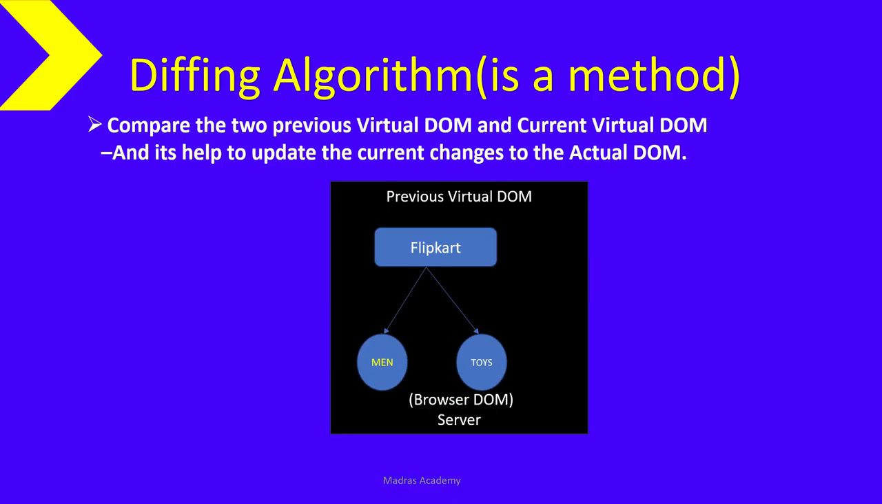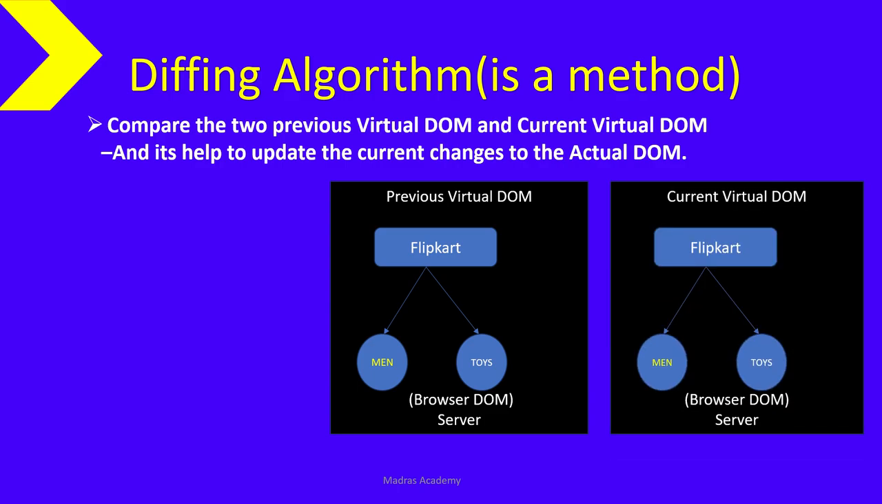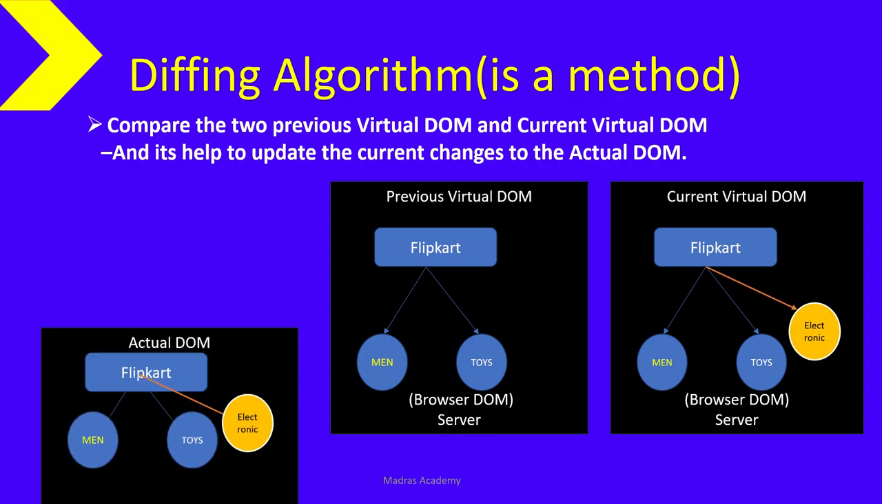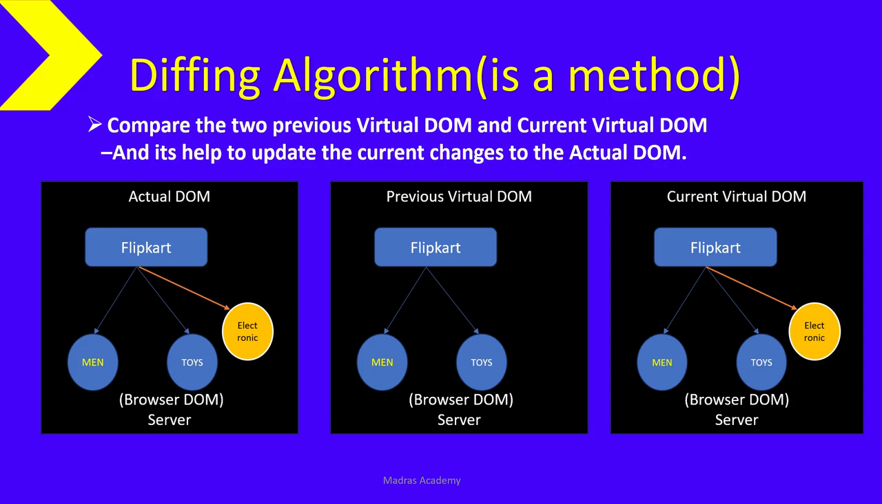For that, see, this is the previous virtual DOM as well as the current virtual DOM. Whatever new update we are getting here will be updated immediately to the actual virtual DOM. So it's comparing the previous and current, and here I am getting a new electronic item request, which is immediately updated to the actual virtual DOM. Like this, the process will be done. And the diffing algorithm method will be implemented here. Okay, next,